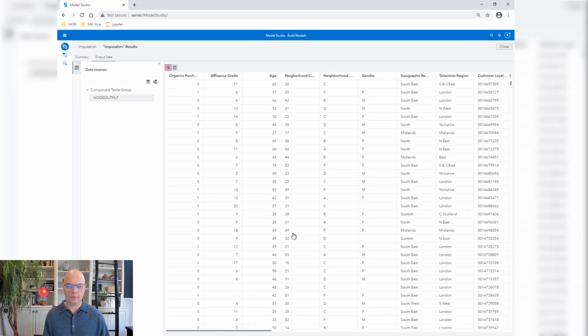All right, the table is ready, and it looks like we've got to go pretty far down a column, but if we look at affluence grade, oh, I don't even know. Maybe by the time we get down to about 20 or so observations down the list, we've got 2 observations back to back that are missing for that variable. Let's scroll to the right and take a look at the imputation for that variable and also the missing value indicator.